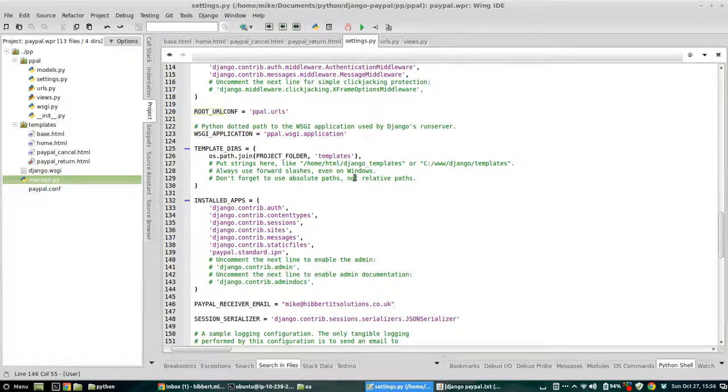Okay, so with that in mind, we need to set up some URLs, because the Django PayPal module comes with a built-in URL that handles all of that processing. So to add that in, we need to add something to our URLs file, which is basically this file here inside of a module called PayPal, because when I created this project, I called it PP